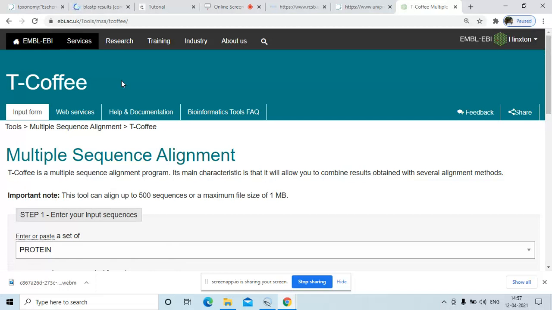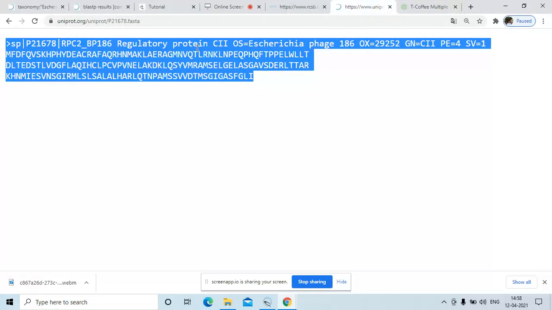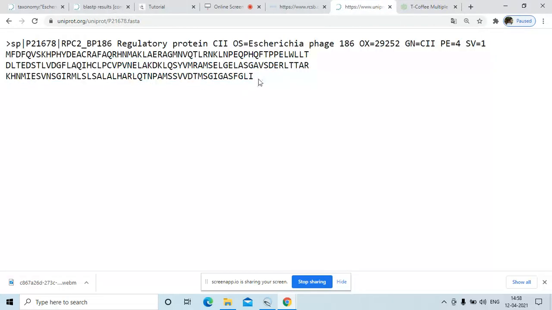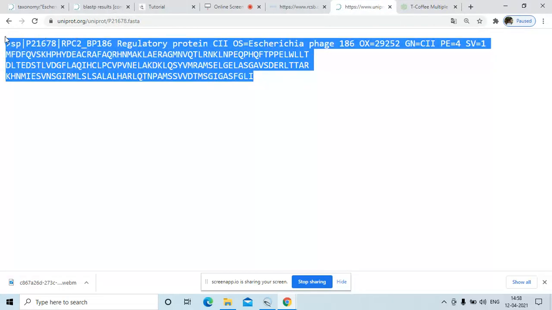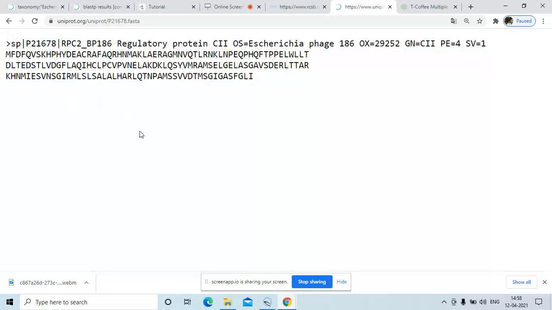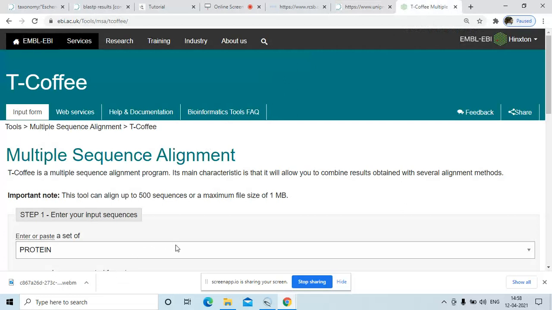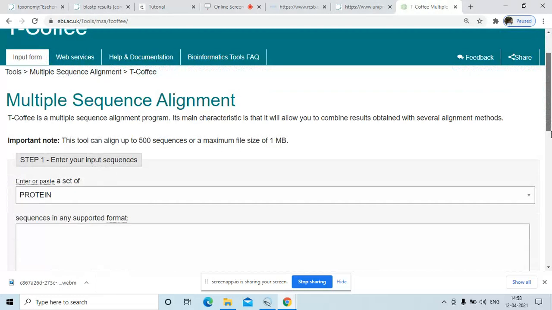Our purpose is that the sequences we obtain from BLASTP, which are identical to our query sequence, will be multiply aligned through T-Coffee, and the result will be analyzed there.